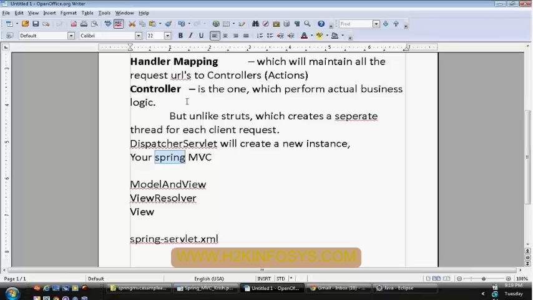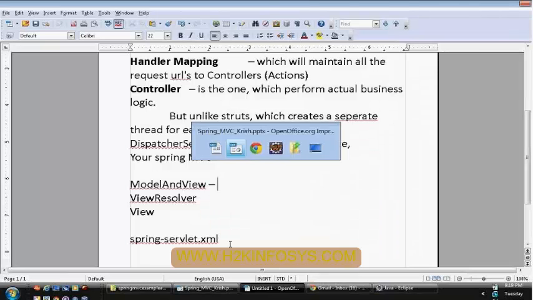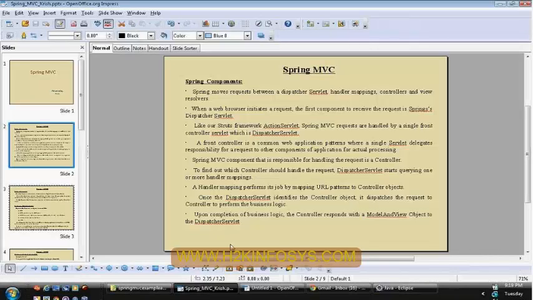I'm just explaining these 6 elements briefly. I'll be going to discuss again one by one. Model and view. Your controller is nothing but just like your action, which will be going to perform your business logic. So once after dispatcher servlet identifies the controller,